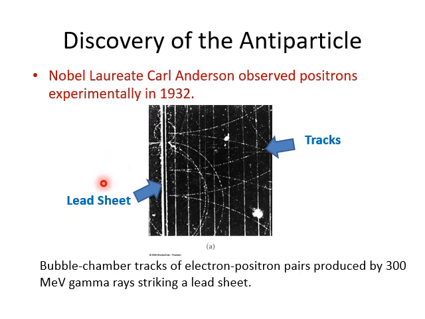What Carl Anderson did was to put radioactive material over here, and that was the source, and then the radiation that came out of it, the gamma rays, went through some shielding, then hit a thin lead sheet here. This lead sheet was in a bubble chamber, where when a charged particle moves through, it ionizes atoms in the chamber and leads to the formation of bubbles because it's a critical